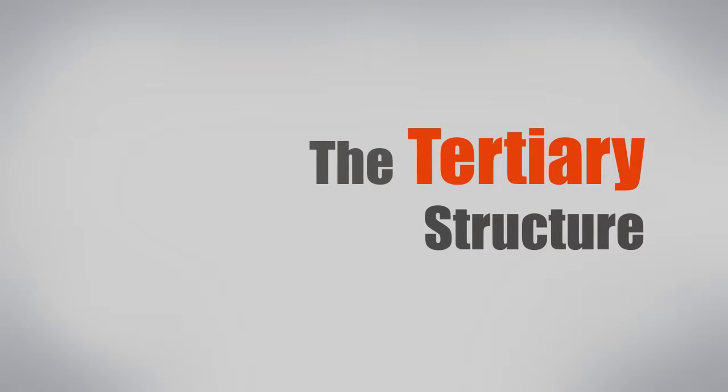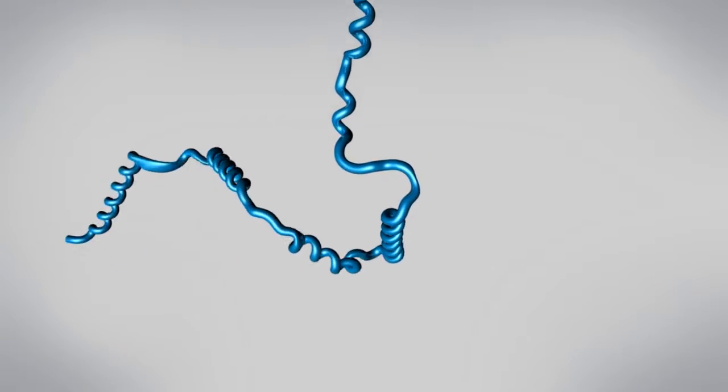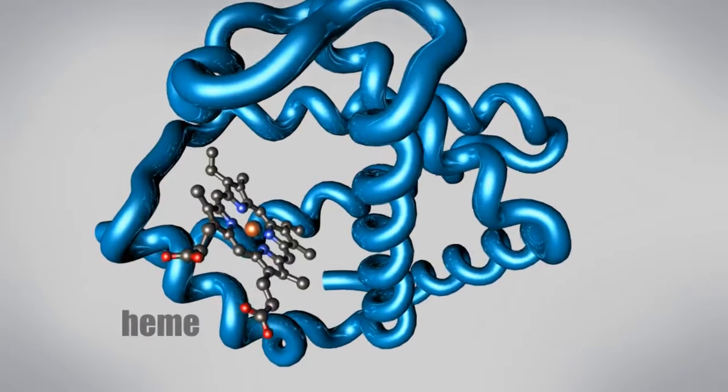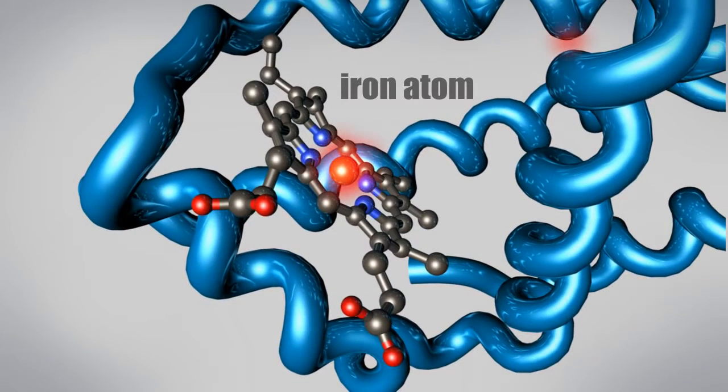Many proteins fold into a compact globular shape, with hydrophobic side chains sheltered inside away from the surrounding water. The functions of many proteins rely on this folded structure. For instance, hemoglobin forms a pocket to hold heme, a small molecule with an iron atom in the center that